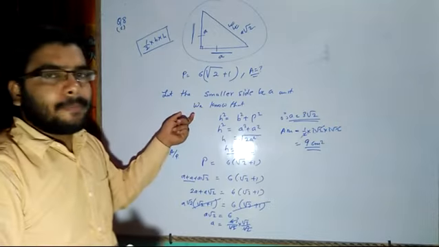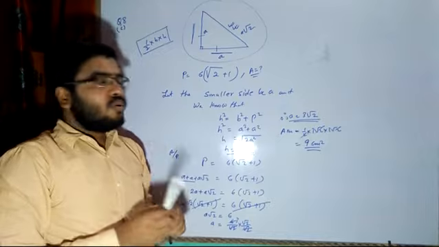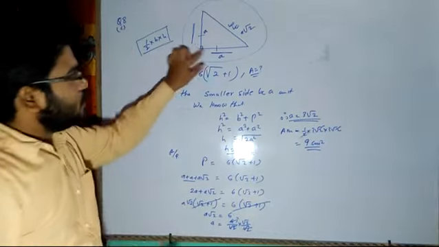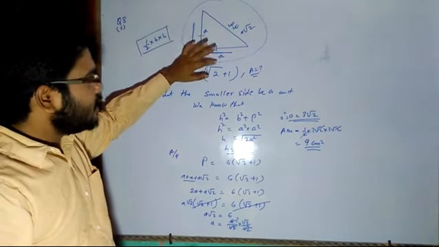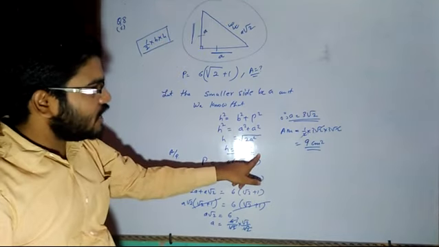So here we have to apply the basic concepts of Pythagoras theorem to manipulate the information and get the answers. So in this way, once again I am repeating, we have to assume one of the sides, and then with respect to that side I will be finding the hypotenuse, which is what we have done here.